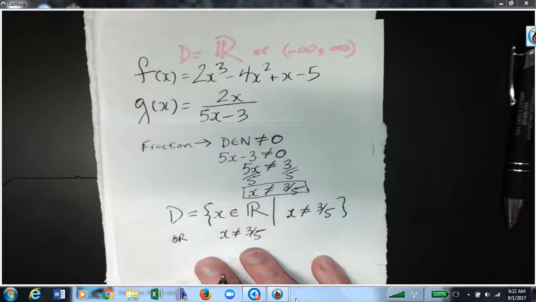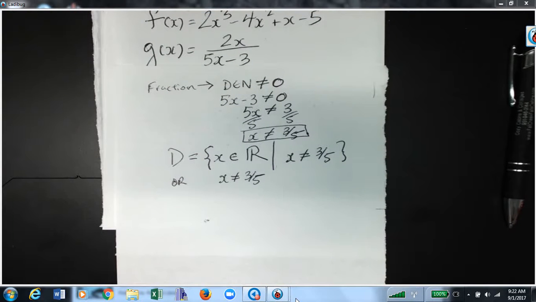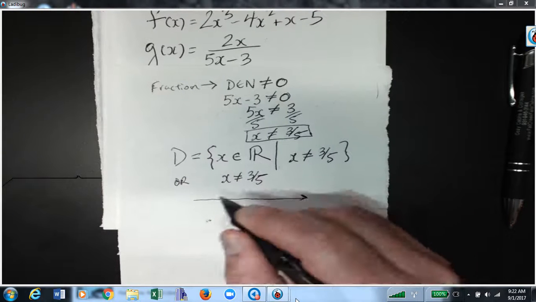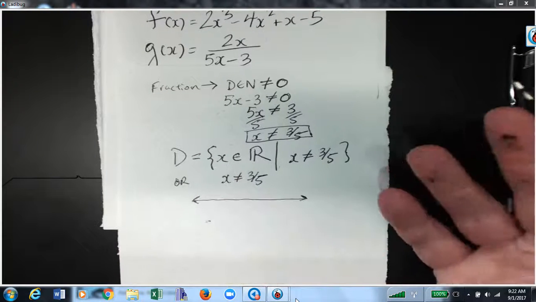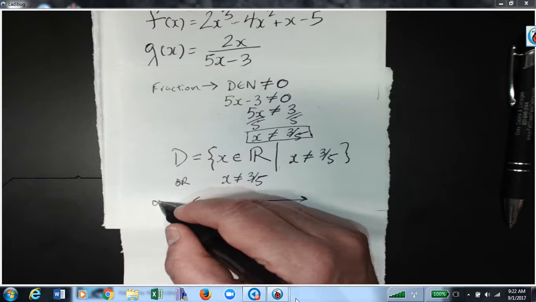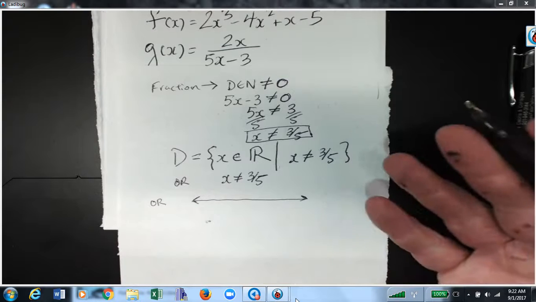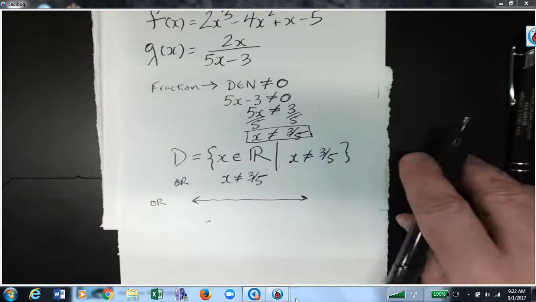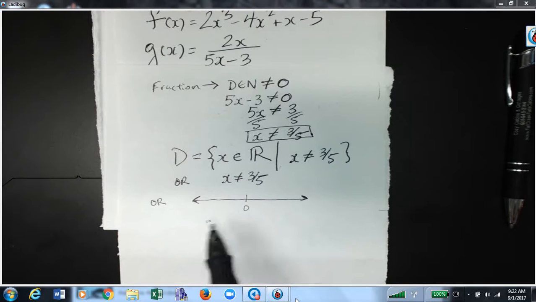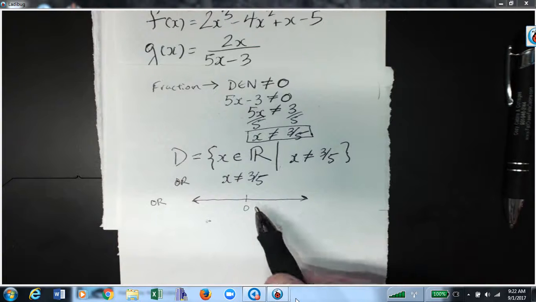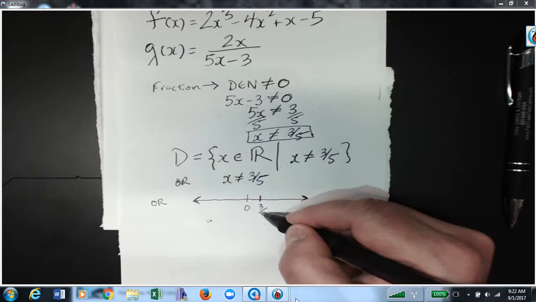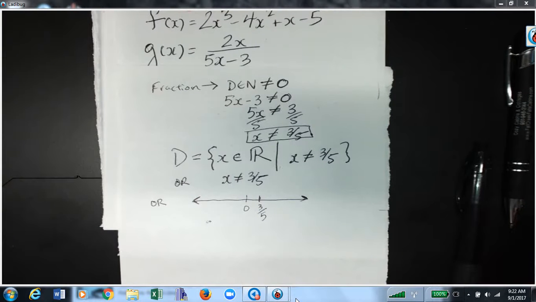Or it might give it in interval form. Now to see the interval form, let's consider the number line. And what I'm about to draw would also be acceptable as an answer, although you just don't see it written up in the back of the books or as a multiple choice example. So if I've got the number line, so we're all familiar with the number line, it's like an infinite ruler. 3/5 is going to be just slightly to the right of 0, so there's 3/5. And if I wanted to draw this on the number line,